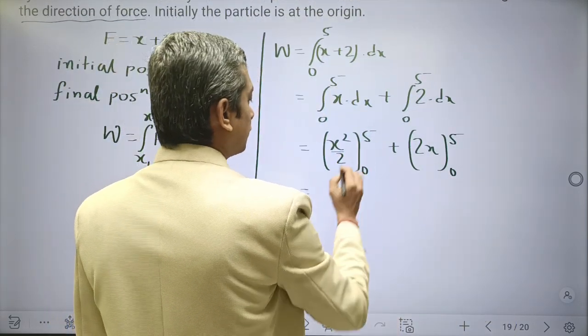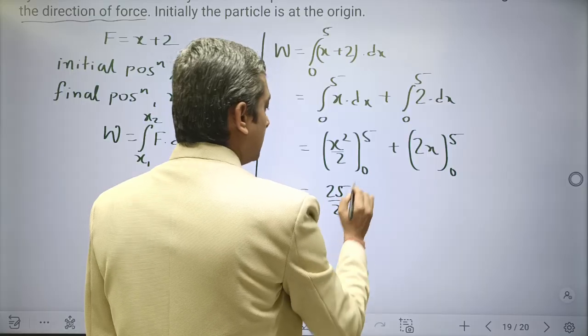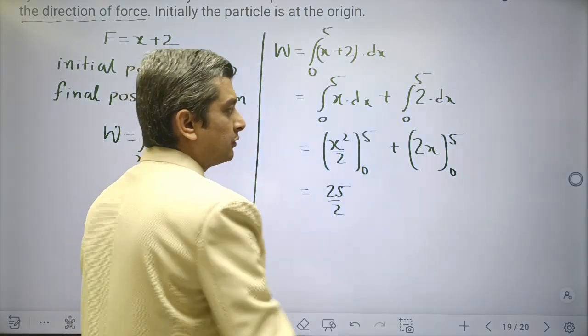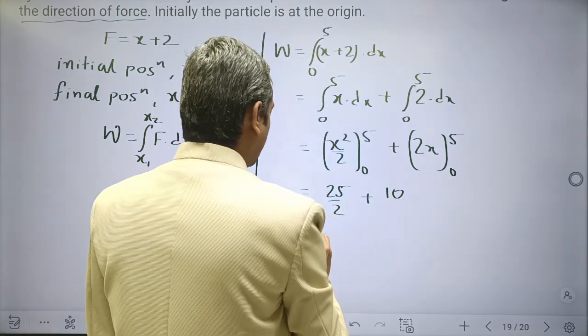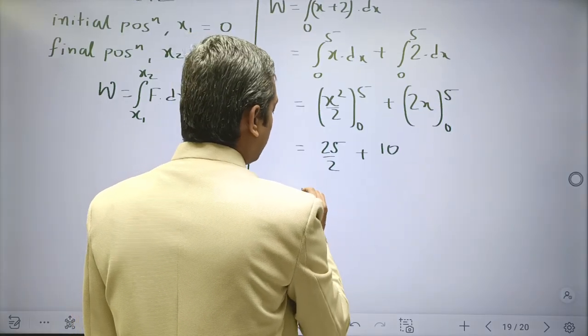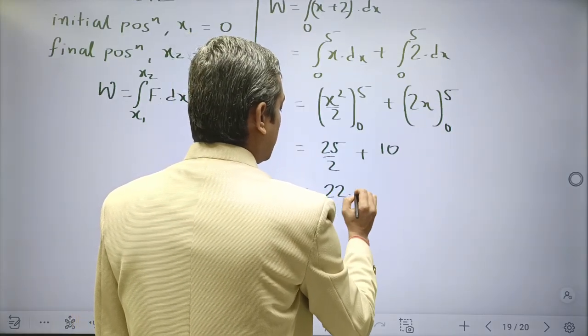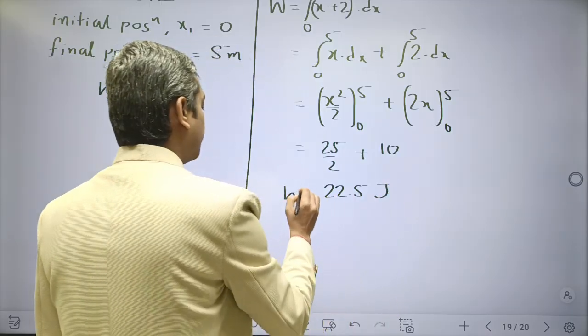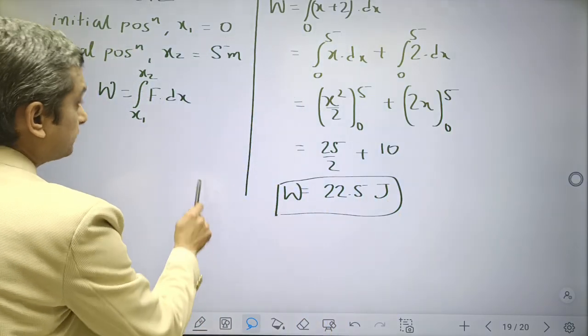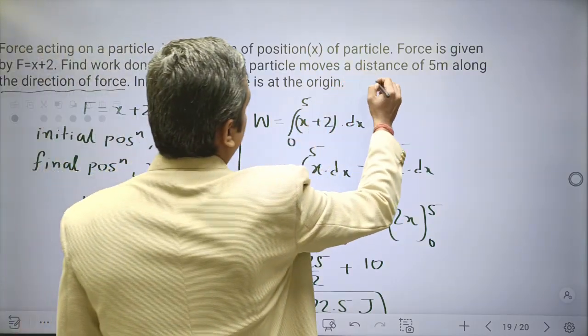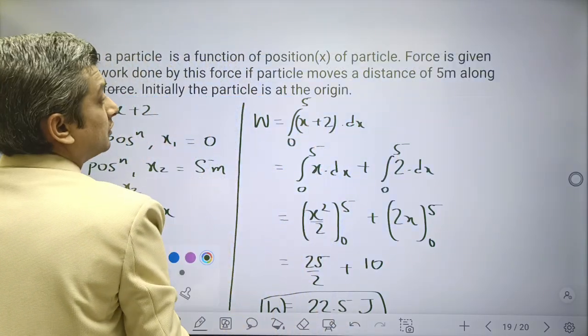So this will be 5 square, 25 by 2, put 0, everything will be 0, plus 2 into 5, 10, put 0, 0. 25 by 2 is 12.5, 12.5 plus 10, that is 22.5 joules. So this is the work done by the particle. So the answer is, what is the answer? That is 22.5